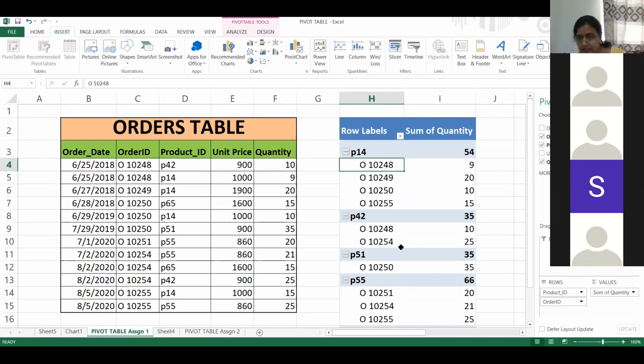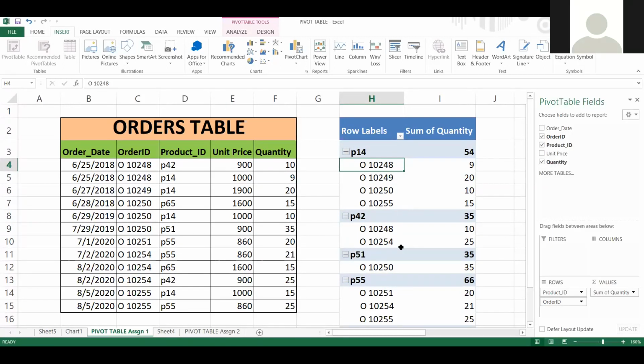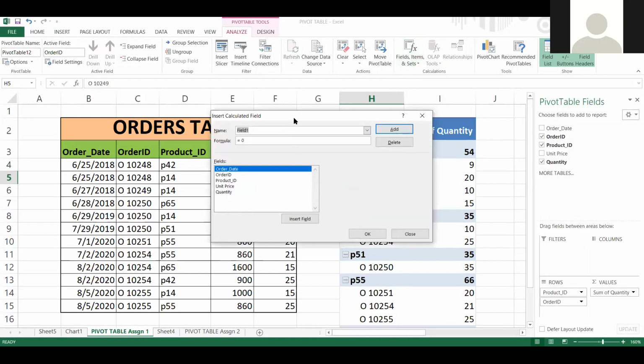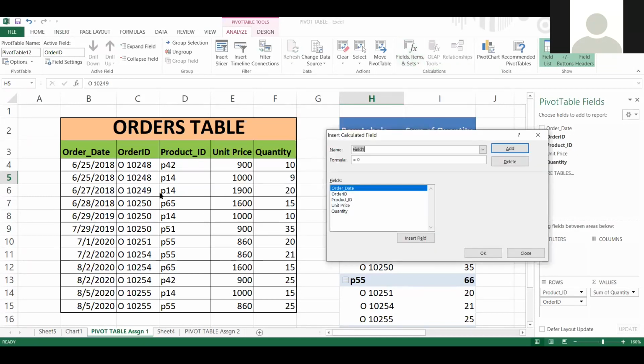Click anywhere. For a calculated field, you don't need to click on a specific position. Go to Analyze, then Fields, Items and Sets, and Calculated Field, because we want to create a field which is not present in my table.